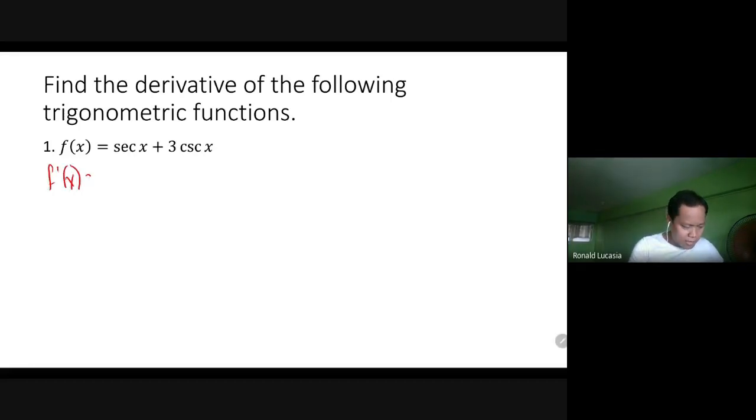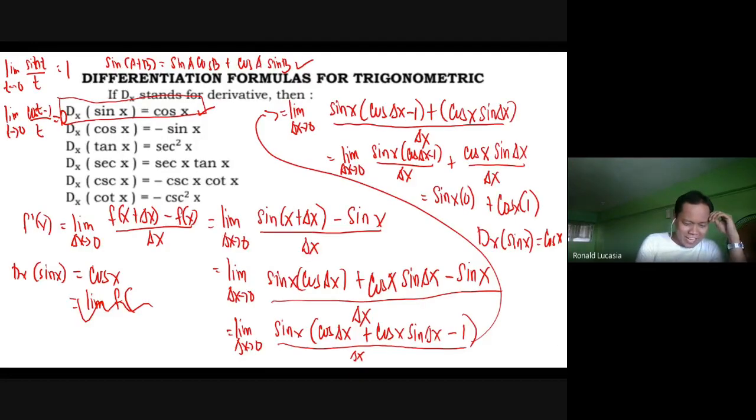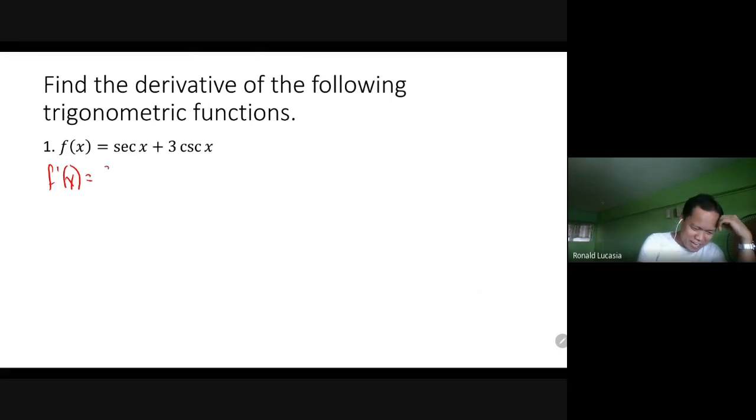The derivative to that is, ang derivative ng secant x is ano nga ba? Kabisado. Secant x is secant x tangent x. So we have secant x tangent x plus 3. Ang derivative naman ng cosecant x ay negative cosecant x